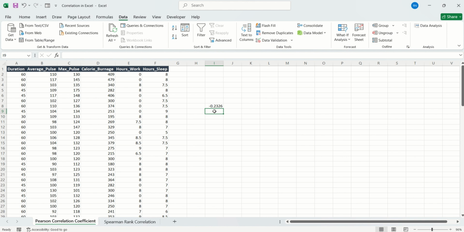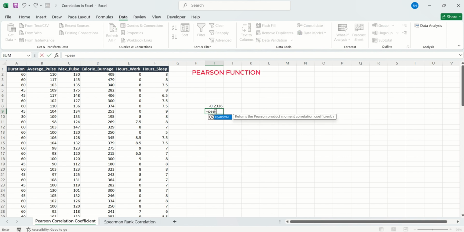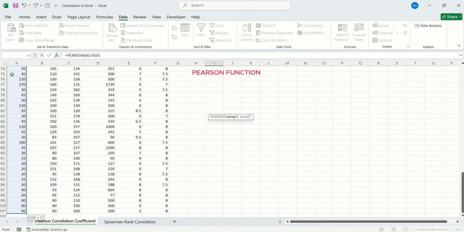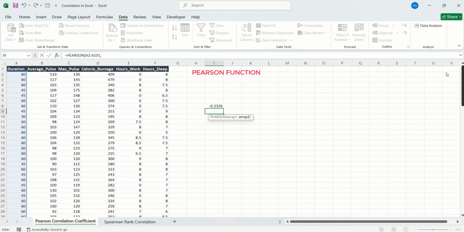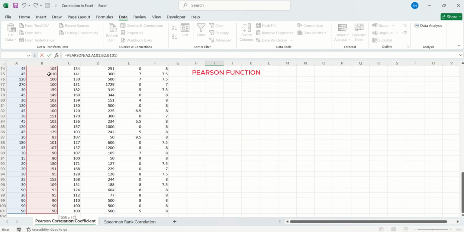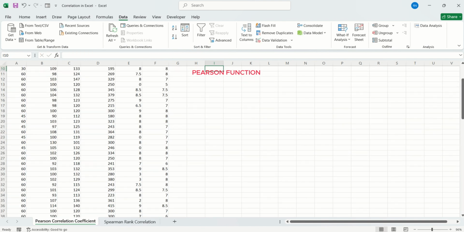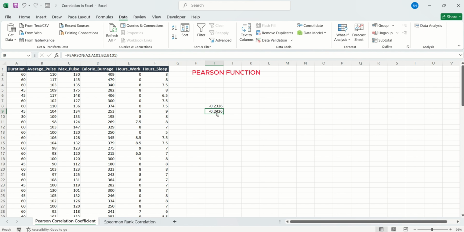Another formula we can use is the Pearson formula. So if I type equal to and then type the Pearson formula, it also has two arguments, the first array and the second one. So I'm just going to select the first array and then I'll go ahead and select the second array as well, which is our second argument. So I'm going to select that, close the bracket and press enter. Once I press enter, you can see that both CORREL function and the Pearson function has returned the same correlation